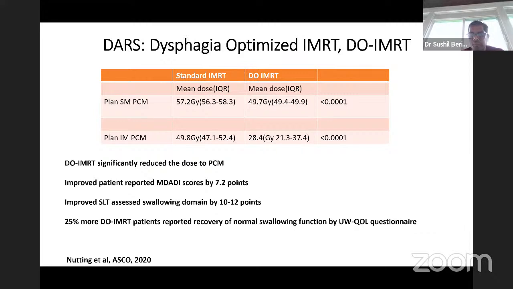Good. So Eric, we can open up the forum for the questions, and in the meantime I can answer that. So from GTV to CTV, it varies. Some said 5 to 10 millimeter, but 5 millimeter was for the highest risk and 10 to 12 millimeter for the lower risk. So it's different depending on what you're talking about. If people say CTV to PTV is 3 to 5 millimeter, it all depends on what imaging you're using and how frequently you're doing the imaging.